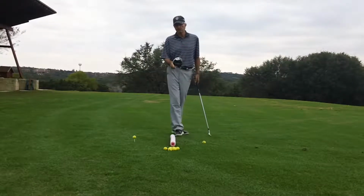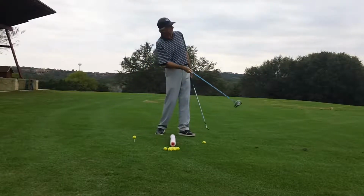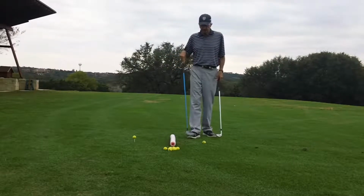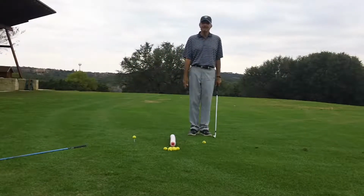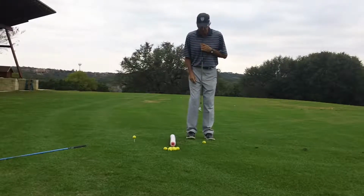With a driver, we want to catch it on an ascending blow. We want to catch it on the upwards part of the swing so that we can hit that ball high and long. So in simple terms, I'm going to show you how to establish a descending blow. This is a great drill to help you feel just how you strike the ball first and then make a divot afterwards. So we're going to set up like we would for a chip shot,